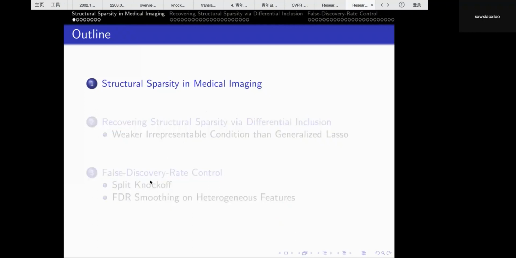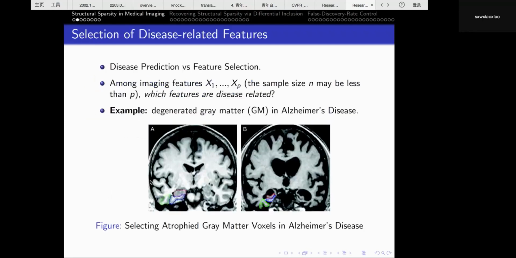First, I will introduce the structural sparsity problem in the medical imaging field. In this tutorial, we mainly focus on the diagnosis problem. The diagnosis problem mainly focuses on two problems: the disease prediction, and selecting disease-related features for better explainability. Formally speaking, given p covariates that can be extracted from the image, we predict the disease status and select those